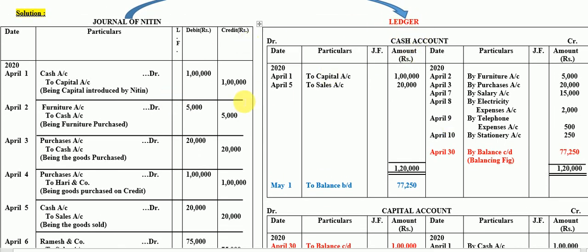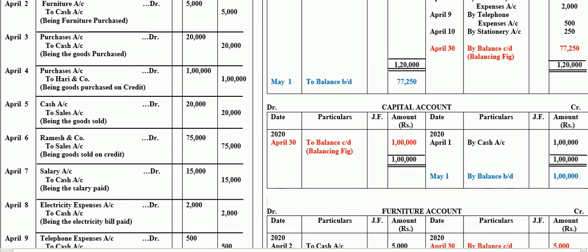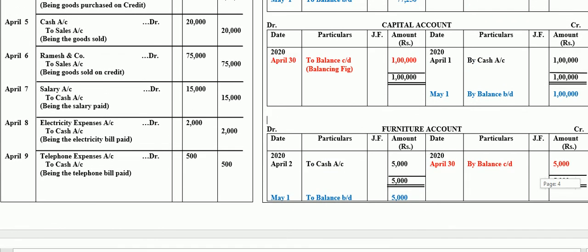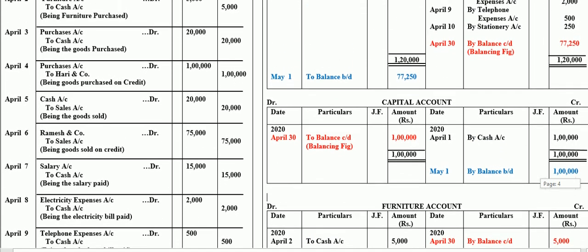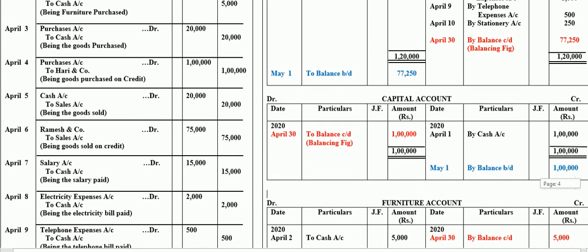Okay, and how we'll separate all these items by making these accounts: I have also discussed the cash account, where only cash related items will be recorded, and we discussed the capital account, and also the furniture account as well as the purchase account, and what remains, that is the sales account, Hari and Company, and the salary account,